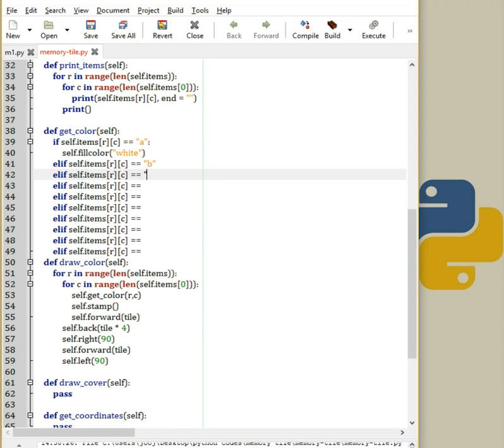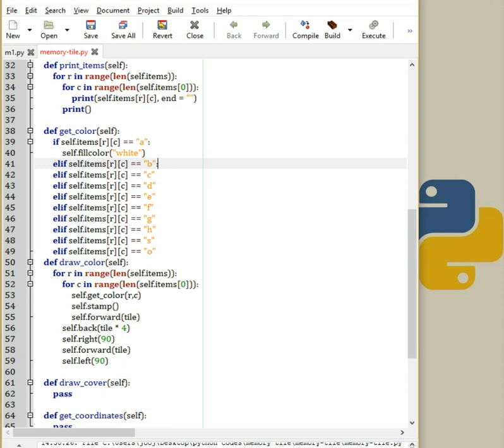If RC is C, if RC is D, E, F, G, H, S, oh, where is my cursor? And the last one is O. So